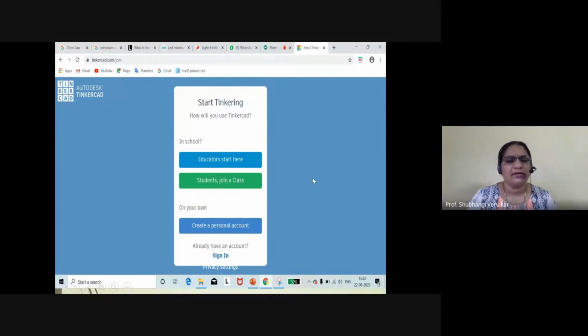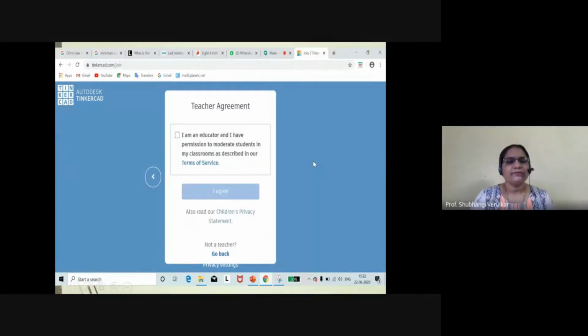Once you click on student and join in, it will ask you which email ID you want to select. As I am a teacher, I have selected educator, so click on the terms and teacher agreement and click on I agree.